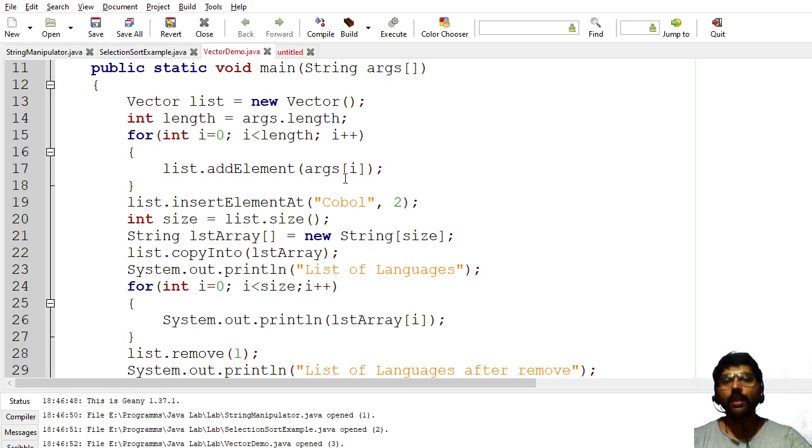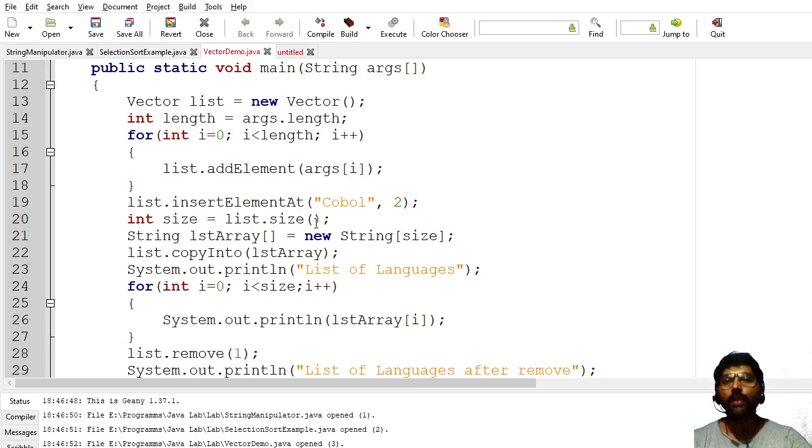In between the second and third element, I have inserted a new programming name called COBOL. Whatever the input may be, after the second, it will create one more object called COBOL. That is done by a method called insertElementAt.